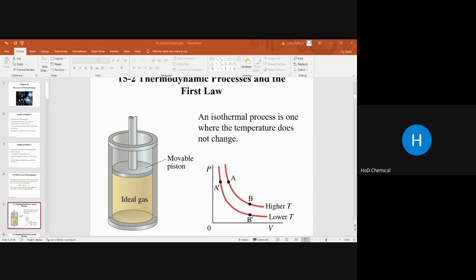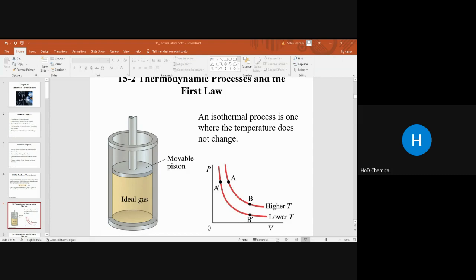The next topic is thermodynamic processes and the first law. Now you briefly know about the isothermal process and the adiabatic process, and which processes are used in the thermodynamic system. In order for an isothermal process to take place, assume the system is in contact with a heat reservoir. In general, we assume that the system remains in equilibrium throughout the process. An adiabatic process is one where there is no heat flow into or out of the system.